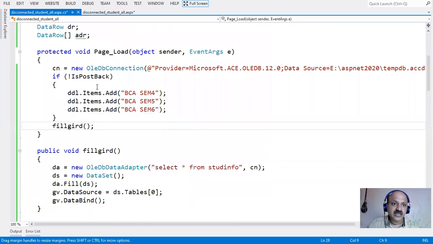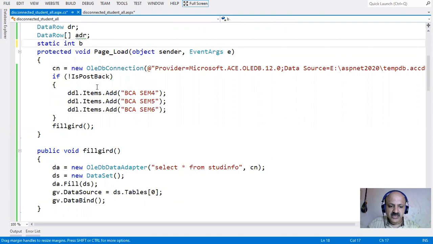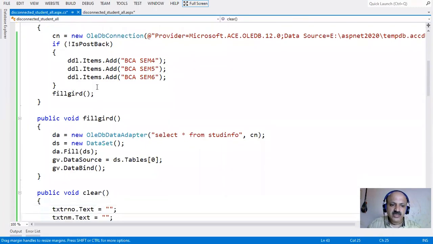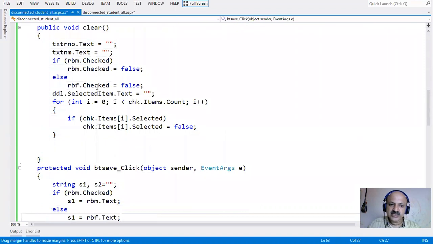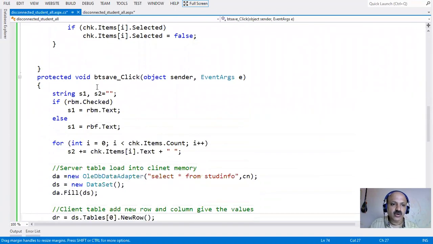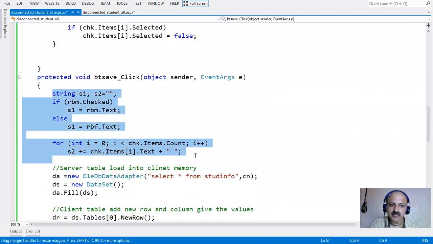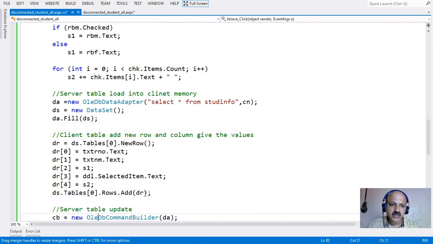First I take one flag variable. Now we can do the logic and not duplicate code. So here I take the static keyword and integer bt flag. What is the use of flag? It is initialized to 0. So when flag is 1, we perform the insert operation, and when flag is 2, that is the update operation. So we do not write this duplicate code again in update. All this code we can directly use in the update operation.